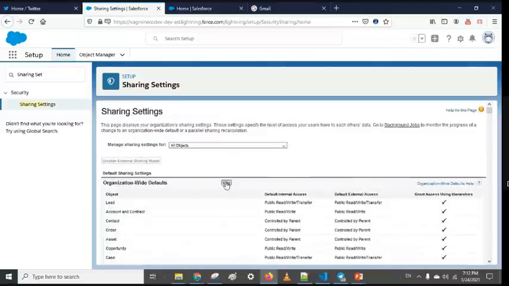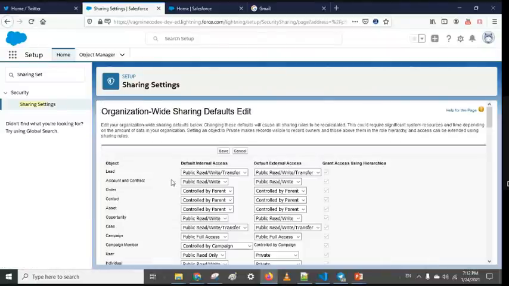By default it is public read. Okay, so you are saying that when two users have public read access, by default it will be public read write. So in that case, even if it is given, it will be given to both, not to a single user.